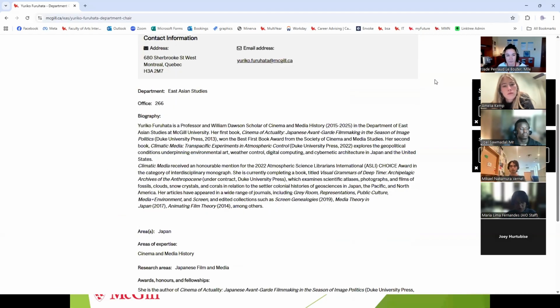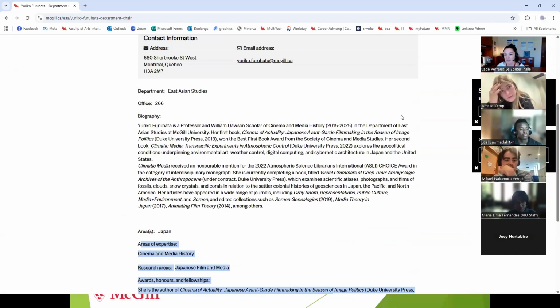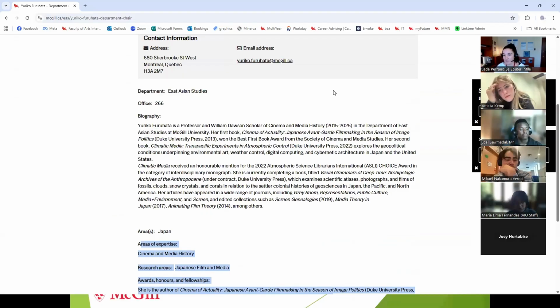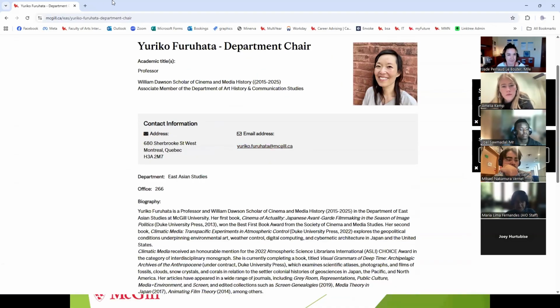And then you can find the professor, and here there's a biography, areas of expertise, research areas of interest. So again, when you prepare to go talk to a professor, it's very important to read through this page and get to know their interests, and to make sure that this is something that you would want to work on, and then to ask about their current ongoing research projects. And again, usually there's at least always their email address, which you can use to get in touch with them.